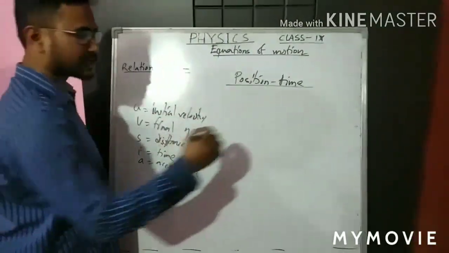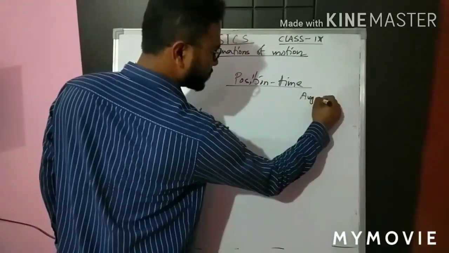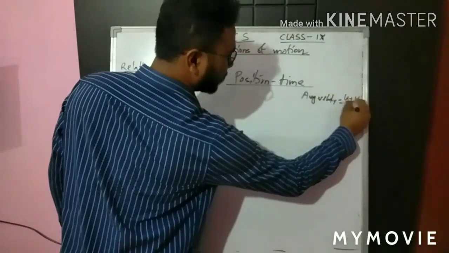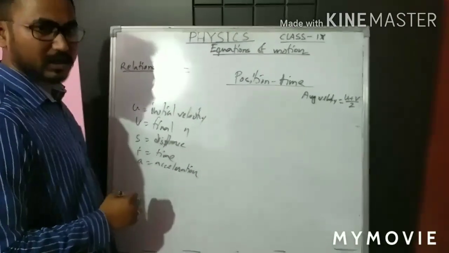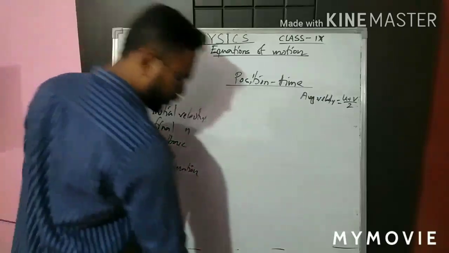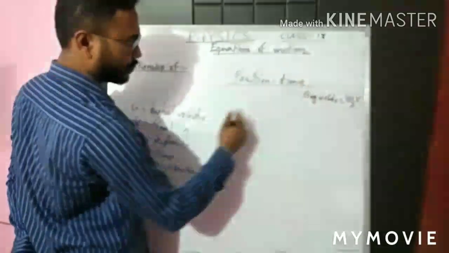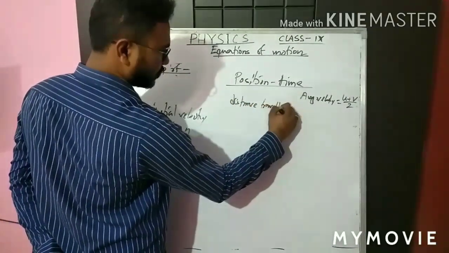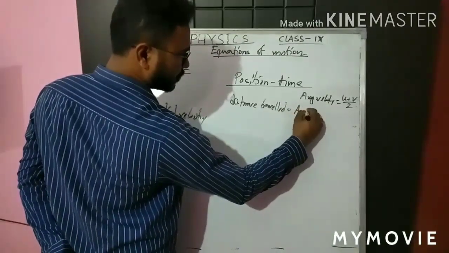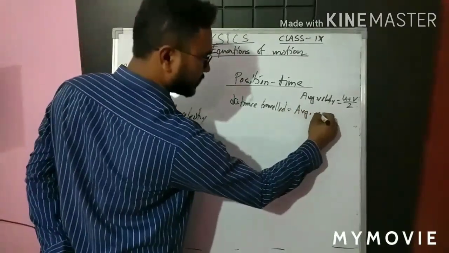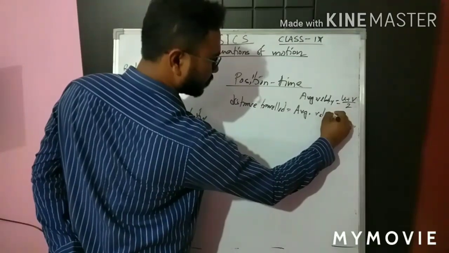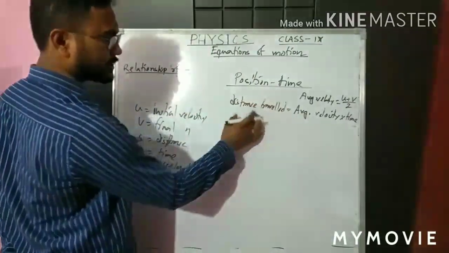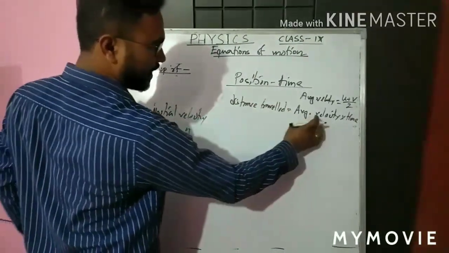Now let's go for what is average velocity. Average velocity, we know the relationship: you have gone through it, it is definitely the average of initial velocity u and final velocity v, that is (u plus v) by 2. So while considering this type of problem, distance traveled will always equal average velocity, here I am writing AVG, into time. So this relationship we have got for position time: distance traveled is equal to average velocity into time.